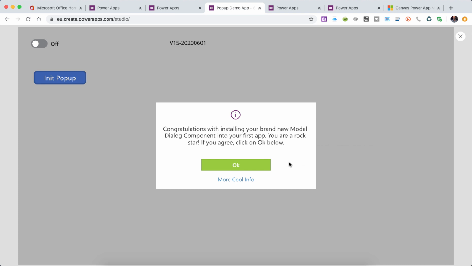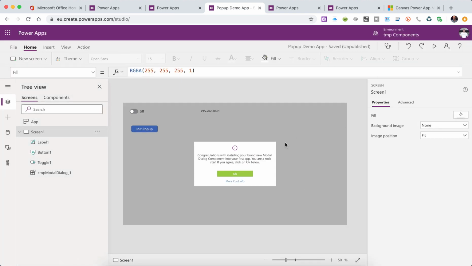So one last thing I do want to show you before we close off is how you would then create a copy of this in such a way that it'll never inherit from the component library again. So it might happen depending on your organization that one of your makers or you have access to one of the component libraries, but you no longer want to inherit updates from the library. You want to create your own copy of this thing, and you just want to use it in this app